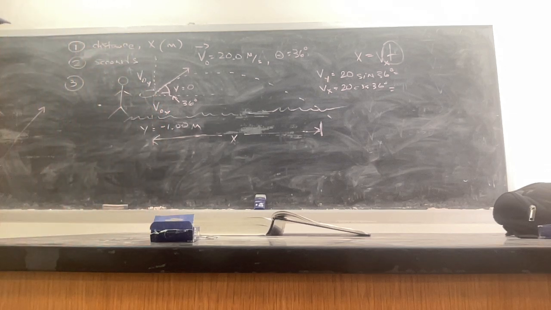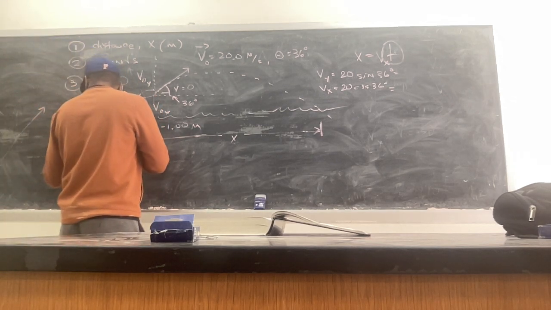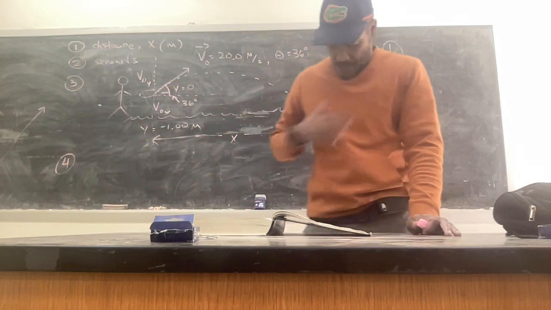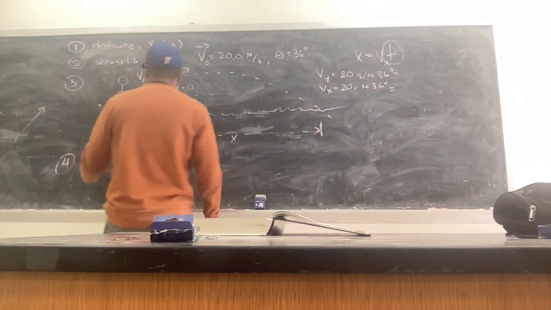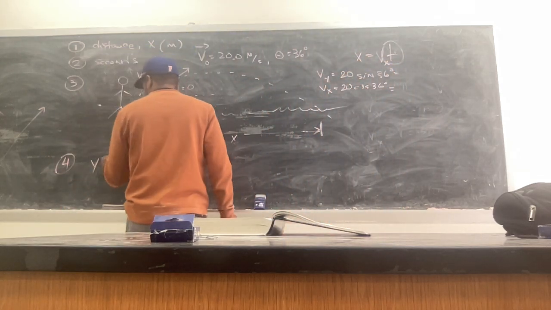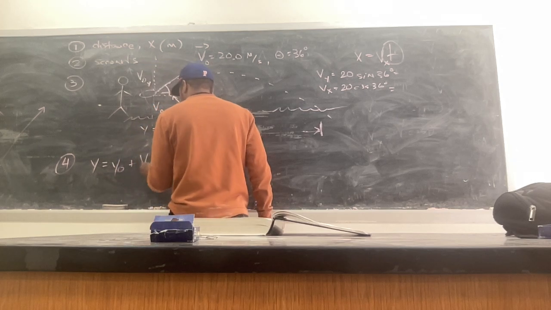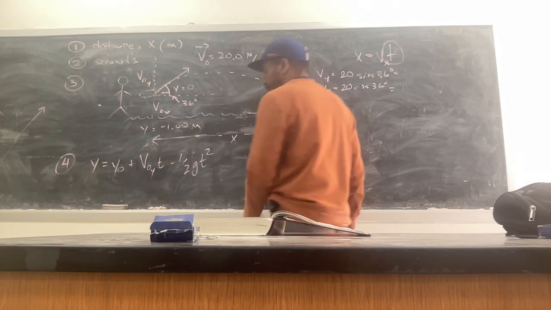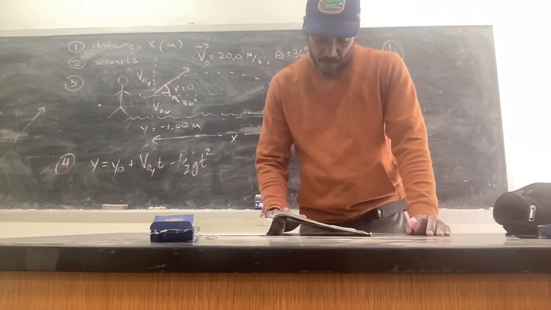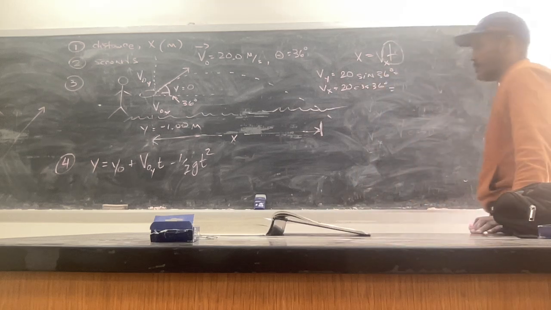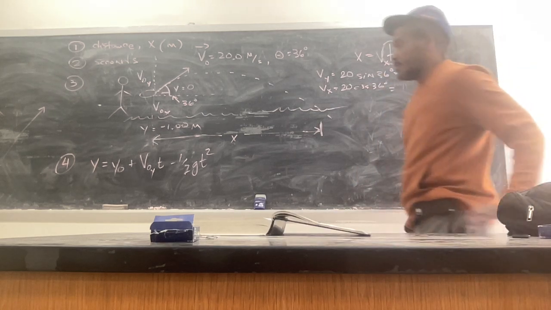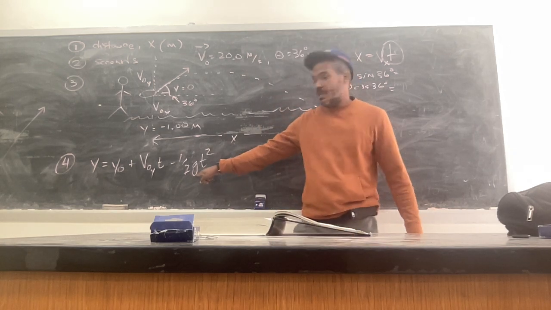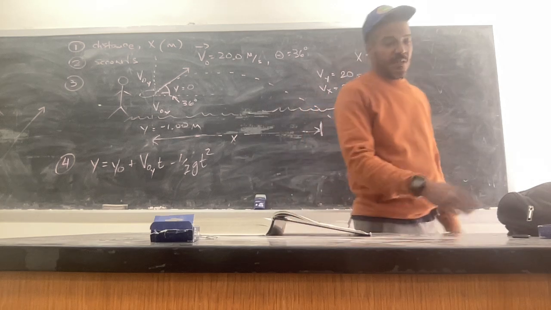All right, so we're gonna use the constant acceleration equation, except we're gonna use it in the y direction. Y equals what? Y naught plus v o y t minus 1/2 g t squared. Is that it? Yes, that is it. So we just replaced the a here with g, and then we made this negative, because